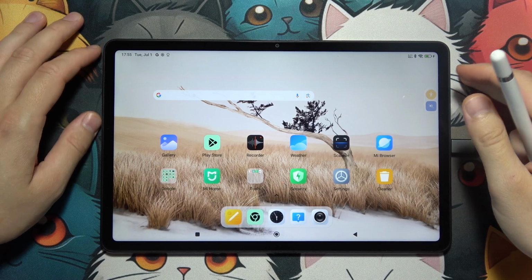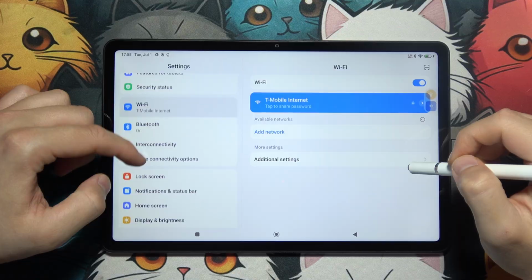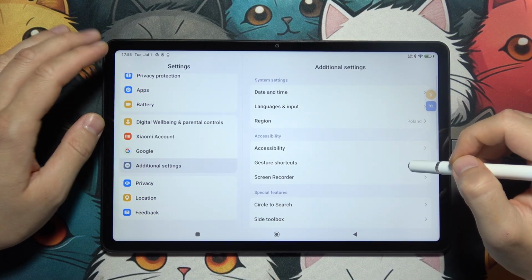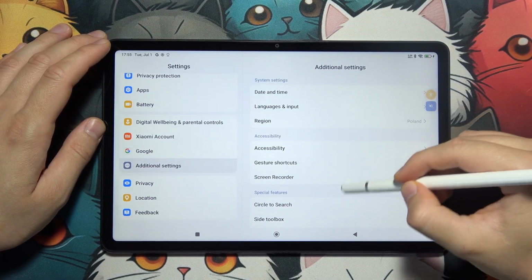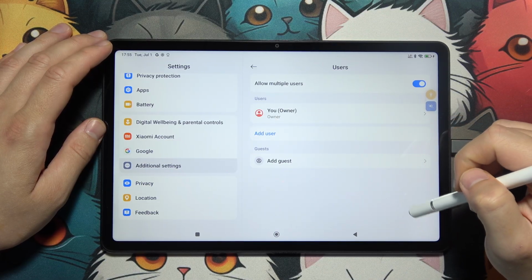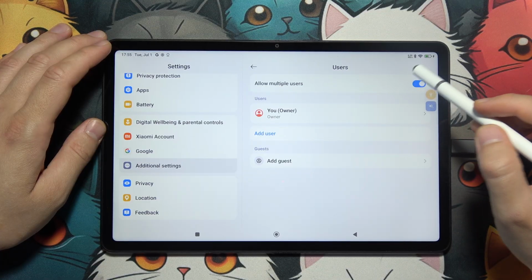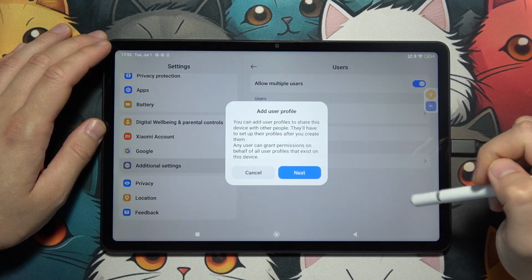If you want to add another user into your Redmi Pad 2, you have to start by opening settings. Next, on the left side, scroll down to the additional settings, and over here you have to go into users. Over here, just click on this switcher to allow multiple users, and you have to click to add a user,